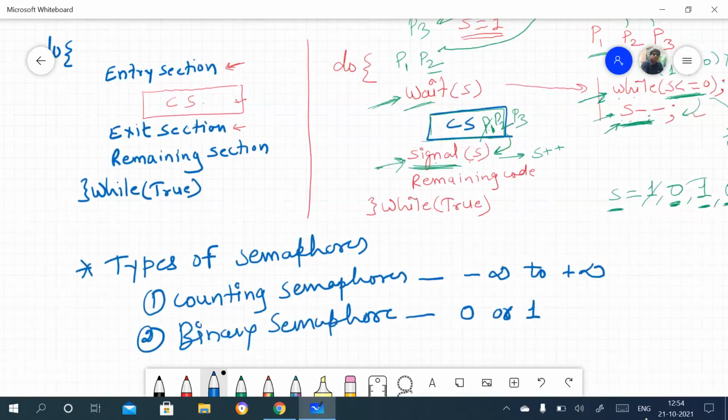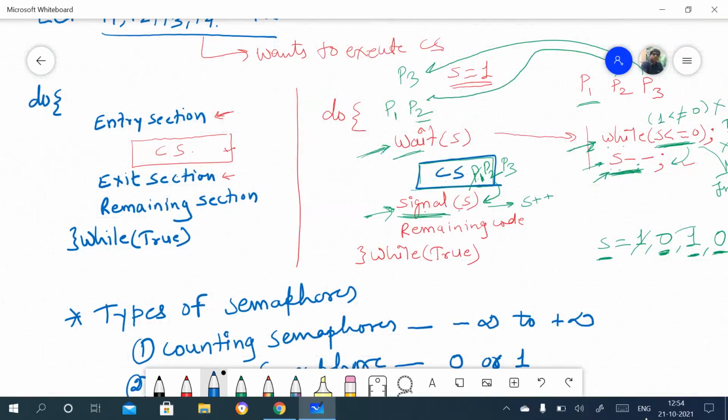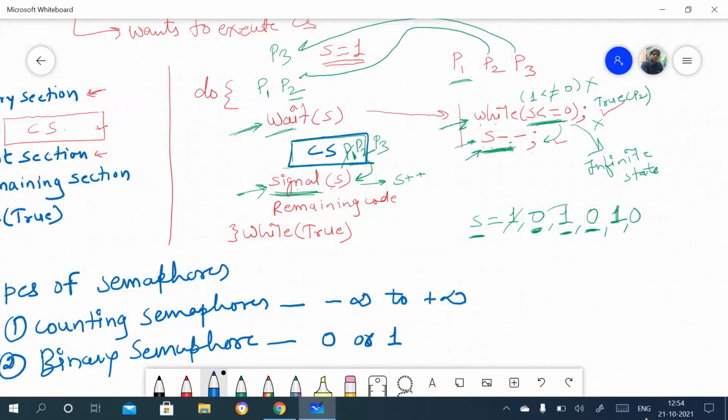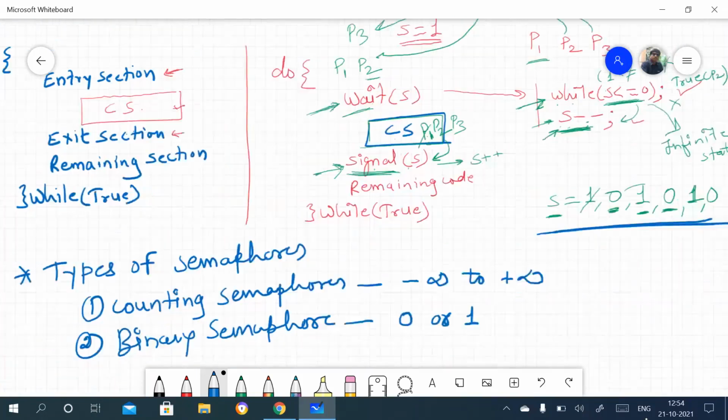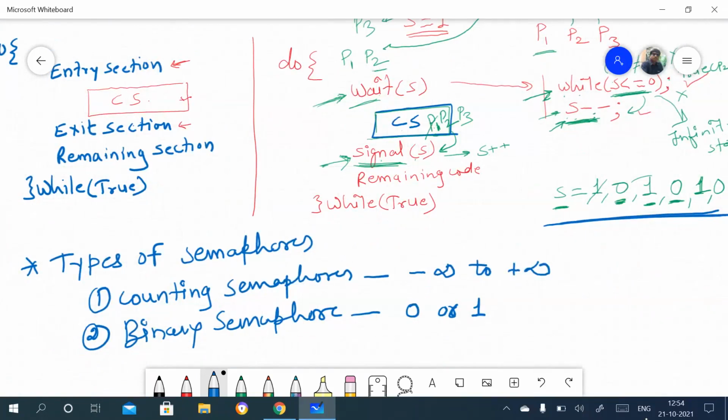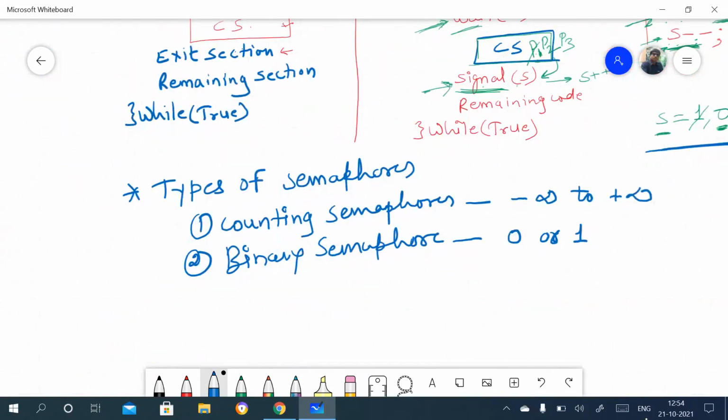Whatever example we have seen here, we have seen binary semaphore, because the value was either 0 or 1. So that's why we can say in this example we have used binary semaphore, right? So these are the two types of semaphores, right?